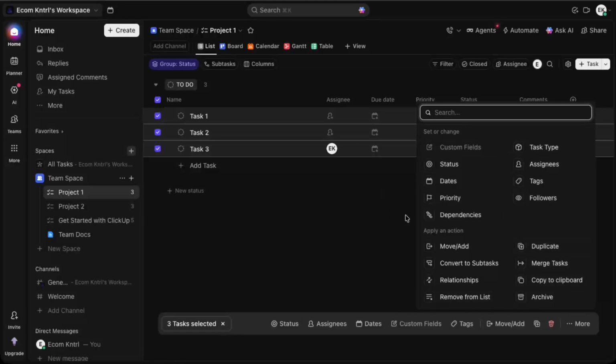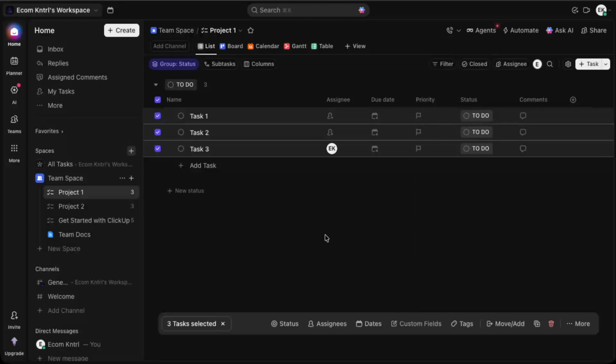To select all the tasks you need, simply keep repeating this process. Hover over the next task, click the unchecked square, and confirm that a check mark appears. Work your way down the list, clicking the checkbox for each task until every task you want to include is selected. If your list is long, you can scroll as you go and continue selecting tasks further down. When you've finished, all of your chosen tasks will be highlighted and selected, ready for any bulk action you'd like to apply. And that's how you manually select all tasks in